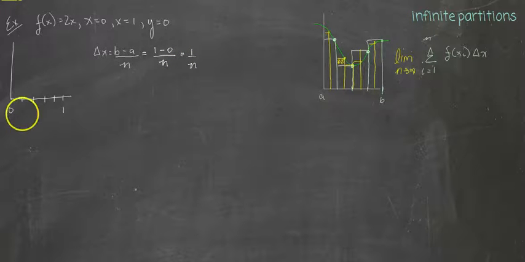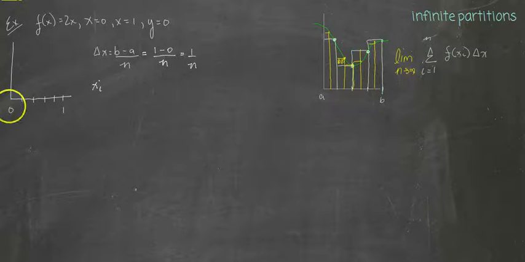In this case, it would be 1/5 and then 2/5 and then 3/5 and then 4/5 because n would be 5 partitions. All right, so now we need a value for my x ordinate. We know in the example of 1/5 that this is 1/5, 2/5, 3/5, 4/5, so we have something to plug into our function to get the height at that point. But we're not trying to use fifths, we're just trying to find a way to describe my x value at each